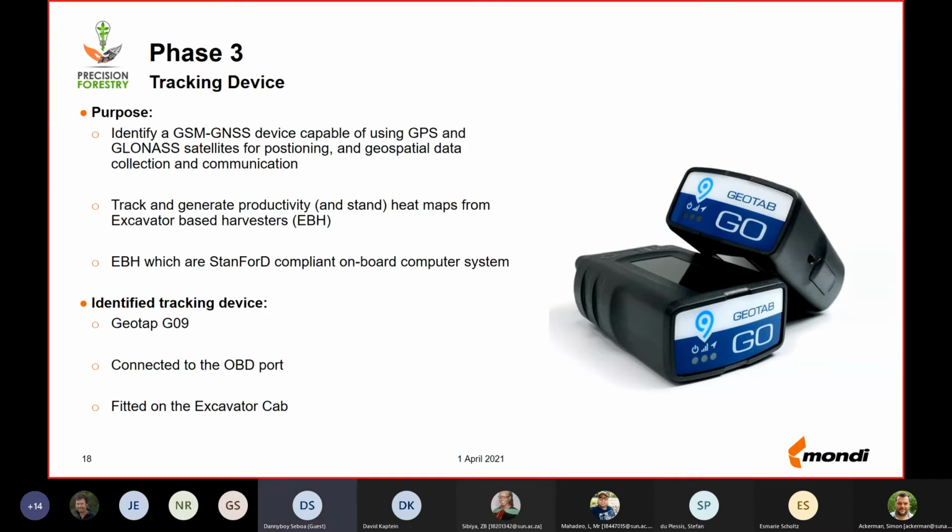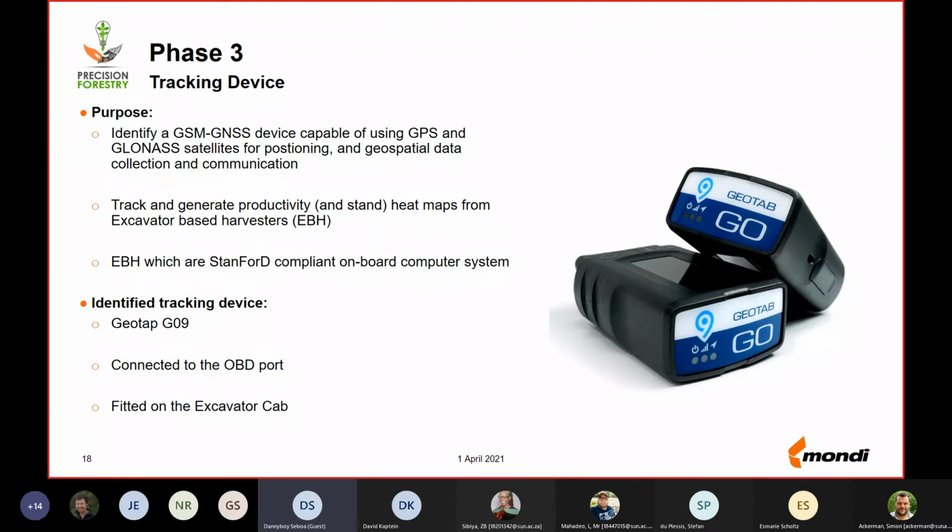Now we're going to dig into phase 3. The main purpose of this was to identify a GSM GNSS device capable of using GPS and GLONASS satellites for positioning, geospatial data collection and communication. Here we wanted to track and generate productivity or stand heat maps from excavator-based harvesters, which are StanForD compliant. The suitable tracking device that we identified was the GeoTab